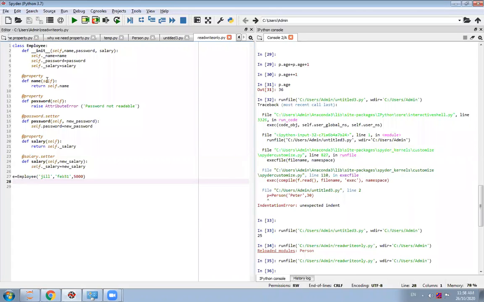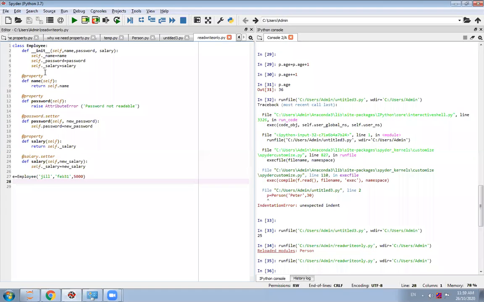Like in our first program, we have seen the property we use for the getter method, not the setter method. So this property is read only.